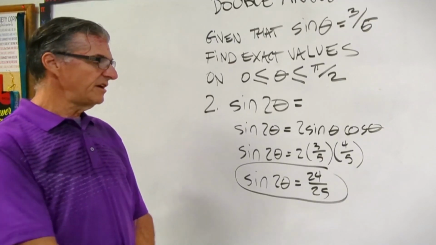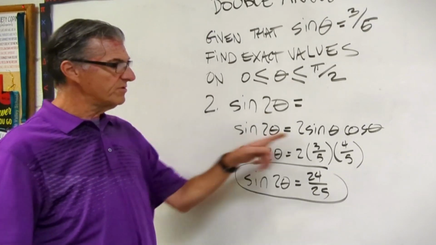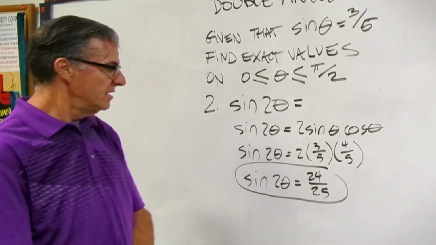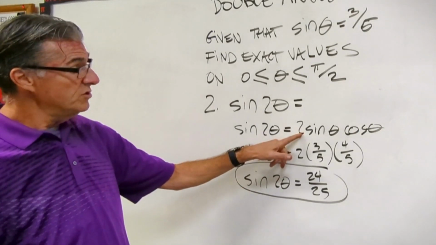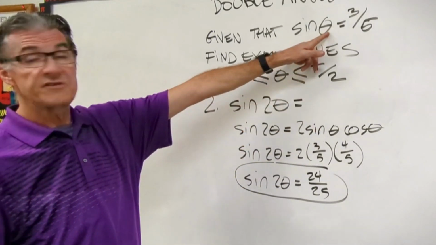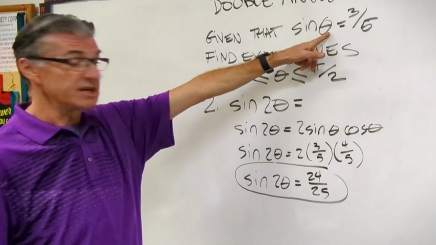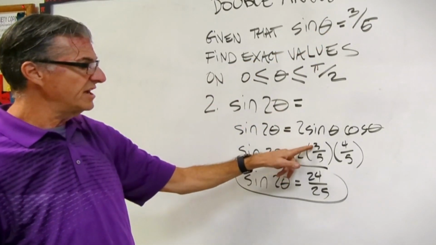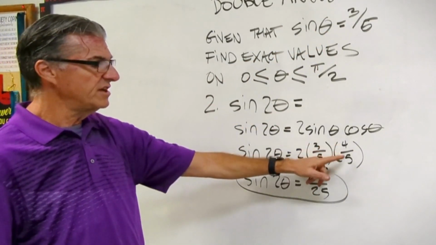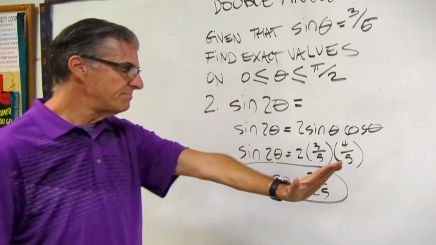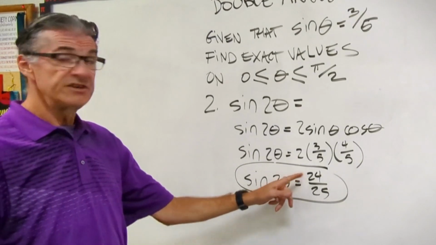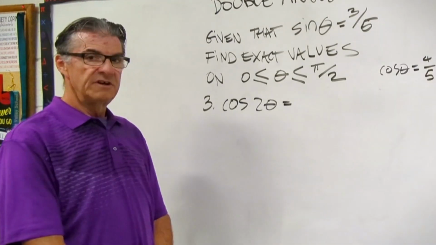Okay, so let's check this out. First, I just wrote the equation with my identity from the top over there. Now I did my plug-in step. Sine of 2 theta equals 2 times sine theta. We get this from the setup on the problem. It's a given. So I have 2 times sine theta, which is 3/5, times cosine theta, which we know from the last problem we did was 4/5. Then I just did my math, and I have the sine of 2 theta is 24 over 25. All right,